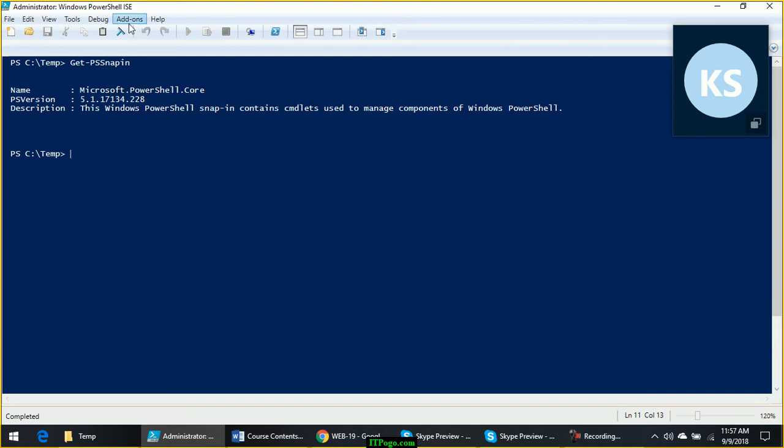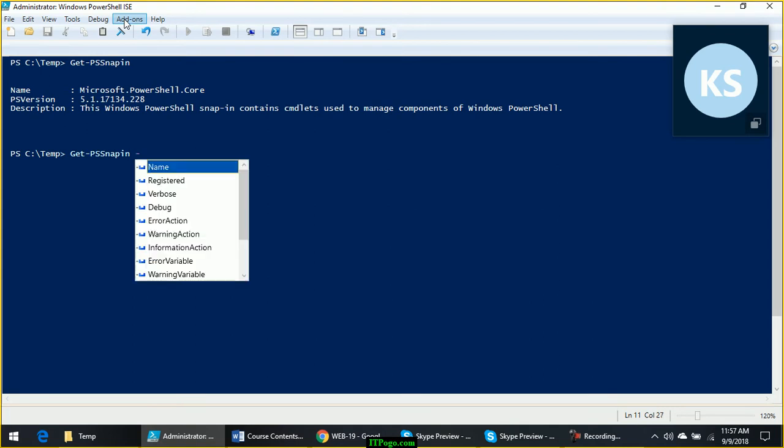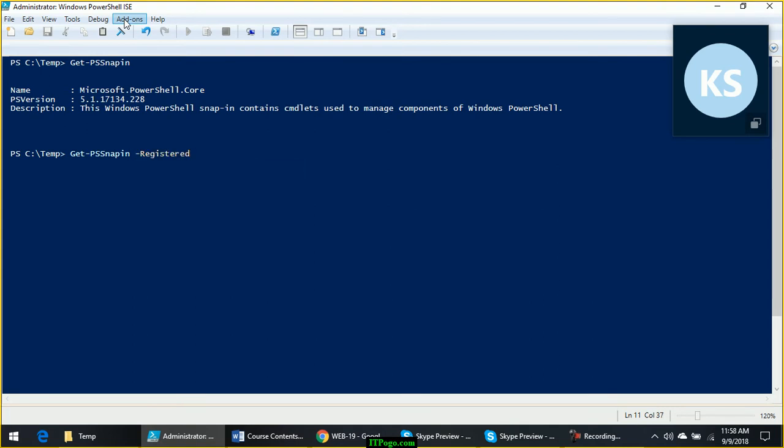Apart from this, currently there are no other snap-ins which are available. This is showing the snap-in which is currently loaded into memory. If you want to see the list of all other registered snap-ins which are available for import, you can use Get-PSSnapin -Registered. There is nothing else apart from what is already loaded, as I said, currently available on this computer which can be imported.